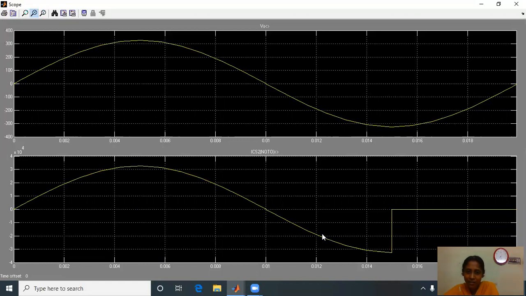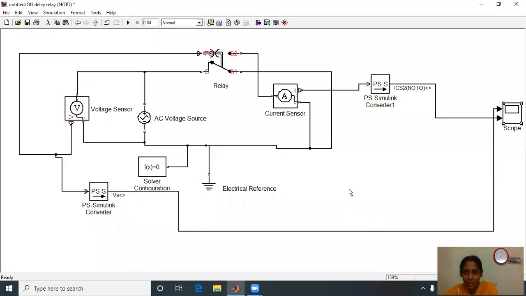But still current is flowing, because we have given here one delay by 0.005 second. It is not open here. Still it is carrying the current up to further 0.005 seconds starting from this 0.01. Okay. So it is also the off delay, having the category of normally open and further opening time is delayed.